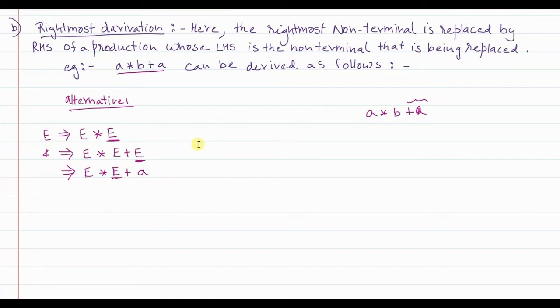Then this is the next rightmost element. So this can be replaced with, what I want is B. So E into B plus A. What I have done is E I have replaced with B. So that I get the string till this term, and even into is included. And finally the next rightmost element is this. So this can finally be replaced with A. So what I get is A into B plus A. So this is the rightmost derivation, as you can easily see.